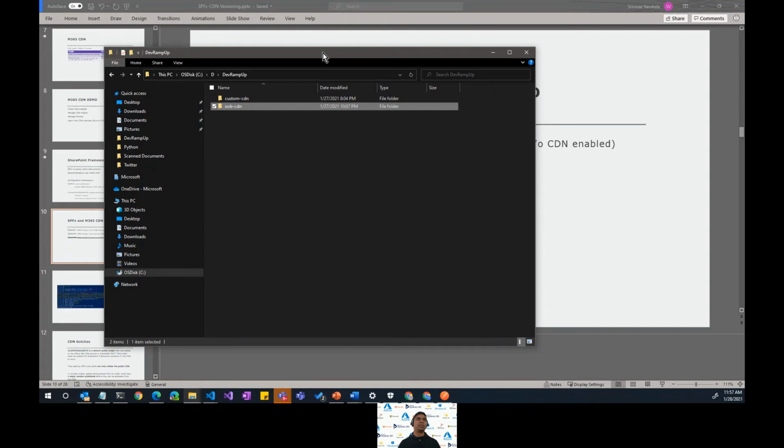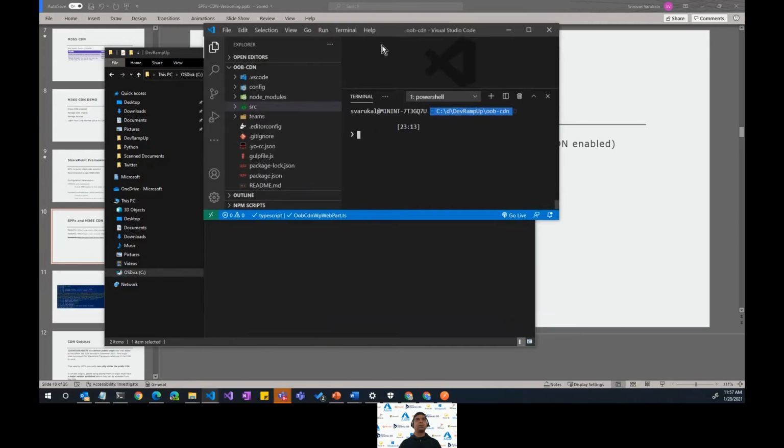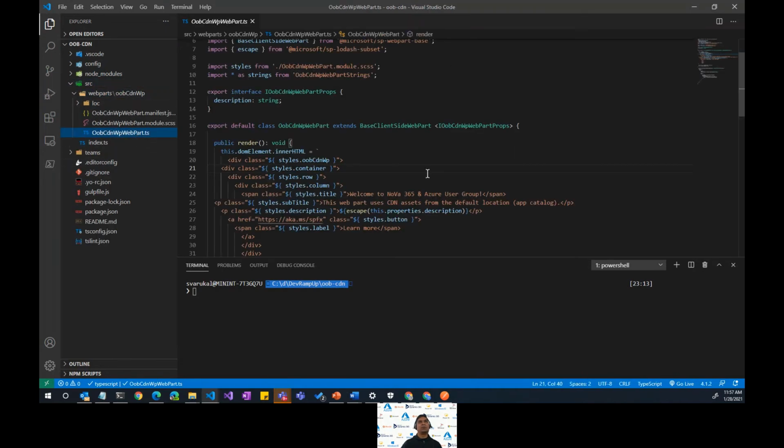No changes done. Very minor changes. I just changed the title. So let's open it up. Oh, it's in this window. The only change I did here is went into the code and just put a welcome message here. That's the only change.